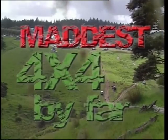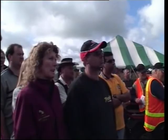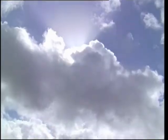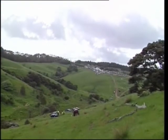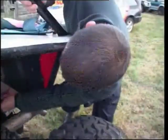Hi and welcome to the Xtreme 4-Wheel Drive Park for the 4-Wheel Drive National Championships. Round 2 of the series, right here at the Xtreme 4-Wheel Drive Park, north of Auckland. Watch the action as competitors from all around New Zealand, 71 trucks, compete over 32 different courses during this competition